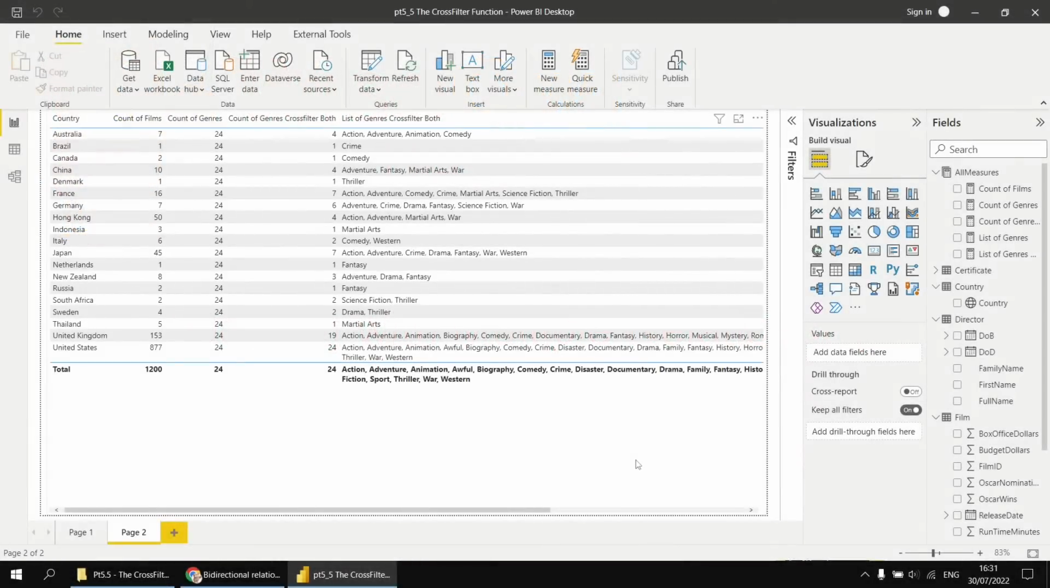So that's all relatively straightforward so far. When there's only one relationship whose filter direction we need to manipulate, we can use a single cross-filter function inside a calculate function to get the result we need. But in a more complicated data model, you may find yourself needing to manipulate the filter direction of multiple relationships